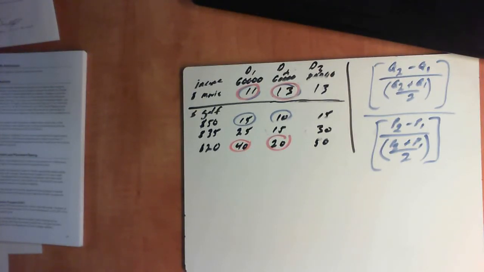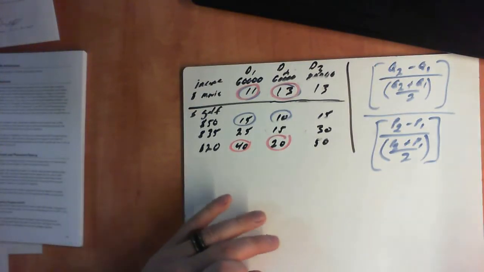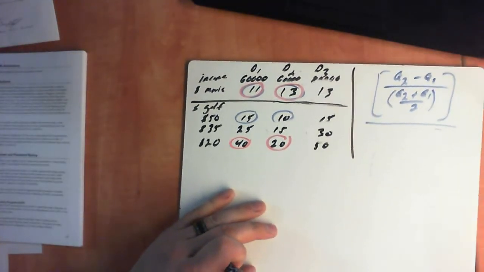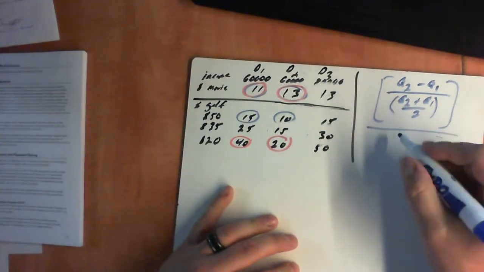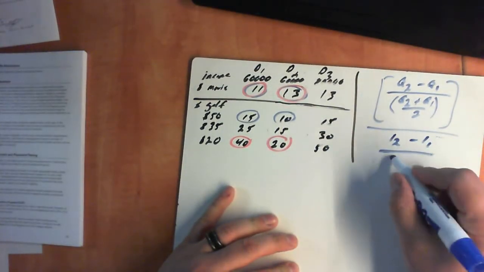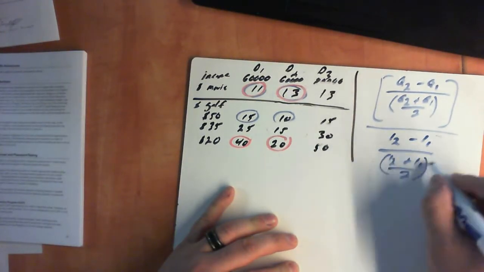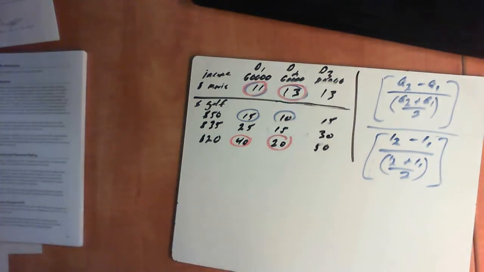The last part of this question is looking at income elasticity. It's a slightly different formula, but we're still looking at quantity 1 over quantity 2. But instead of looking at P for price, we'll be looking at I for income. So I2 minus I1 divided by I2 plus I1 divided by 2, so the average income. And again, all we're finding out here is the percentage change in income.